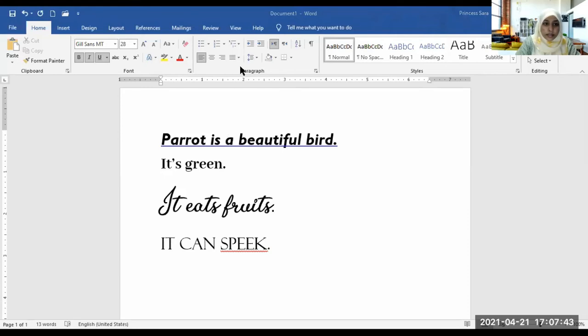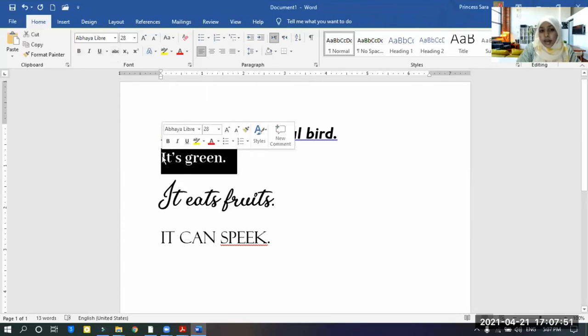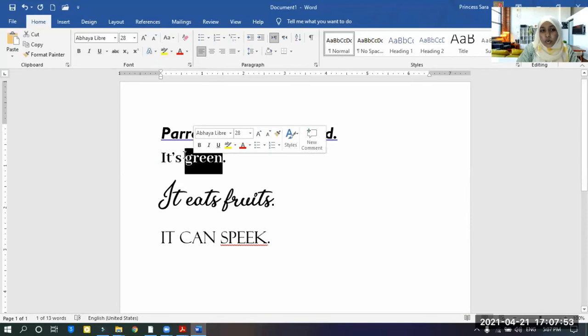Next one. See something here. It is strikethrough. What happens when you use the strikethrough? See, a line in the middle of the word will strike. See, this is strike.